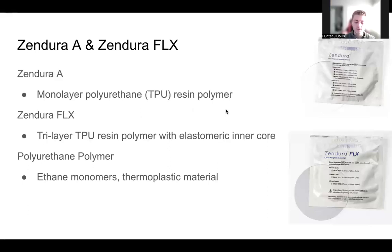Zendura currently manufactures two products that are used for the fabrication of clear aligners and retainers. Both Zendura A, which is the older generation, and Zendura FLX, which is the newer generation, use polyurethane polymers. In the case of Zendura A, it's a monolayer of polyurethane. And for Zendura FLX, there's a unique trilaminar structure containing an inner core with increased flexibility and elasticity while still